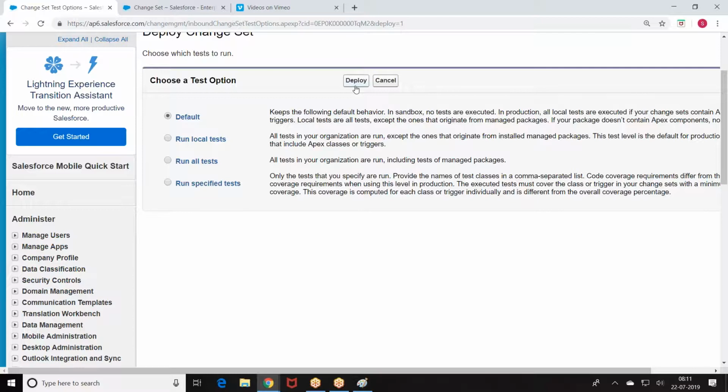Run specific test class. This is a very commonly encountered issue. I hope you're good. Clear? Now, what is the drawback of this change set? We can only deploy between the organizations which are associated. If I have ICSA, from ICSA sandboxes to ICSA sandboxes, or ICSA sandbox to ICSA production, we cannot go out of the box. Only within the organization, sandboxes and production, I can deploy.